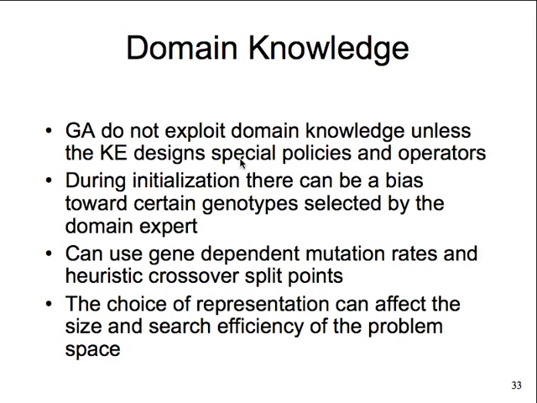So, domain knowledge. Knowing the characteristics of San Francisco versus San Jose as a city gives us our knowledge of our city limitations and our city characteristics. So genetic algorithms do not exploit domain knowledge unless the knowledge engineer designs specific policies and operators. So if I were comparing cities, I could exploit domain knowledge by taking San Francisco and putting it in the same category of, let's say, New York, or actually Austin, Texas is pretty, well, Texas itself has